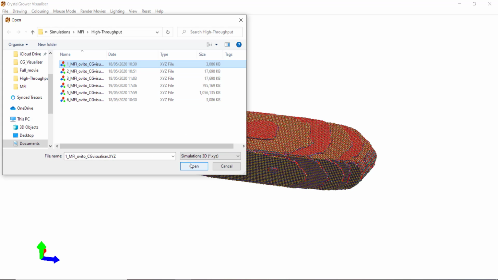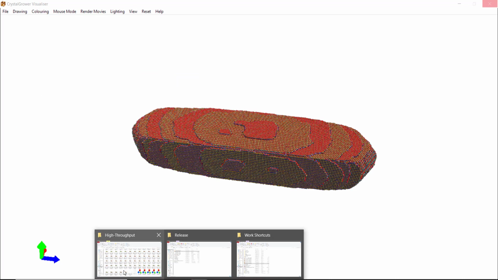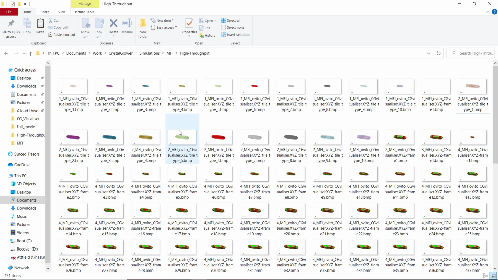So this once again takes a while because it's got to do the same processing as it did the first time. So as soon as I press open, it's going to process all these files for about 2 or 3 minutes. And if we navigate back to our directory, we'll be able to see some new files that have been